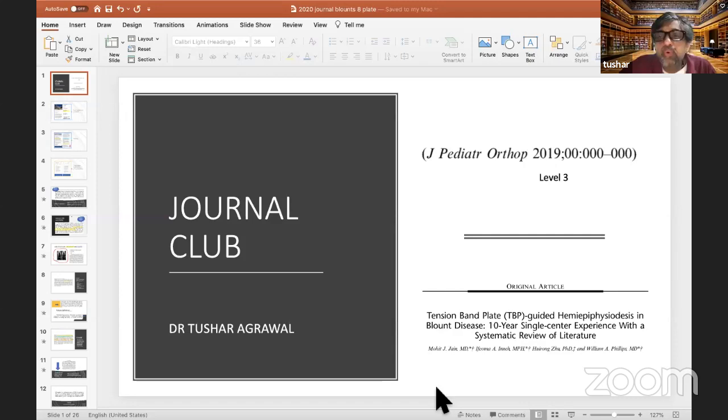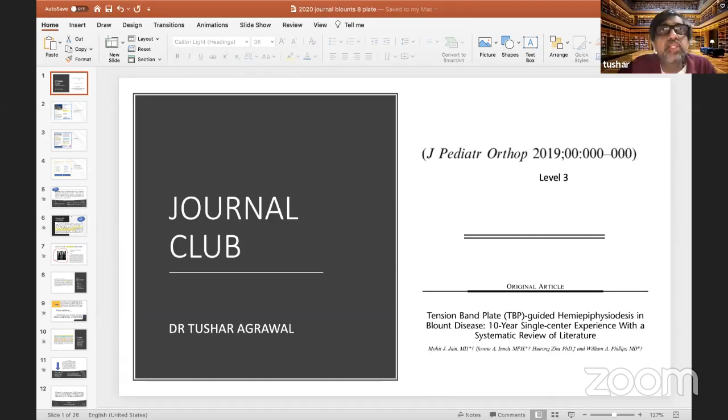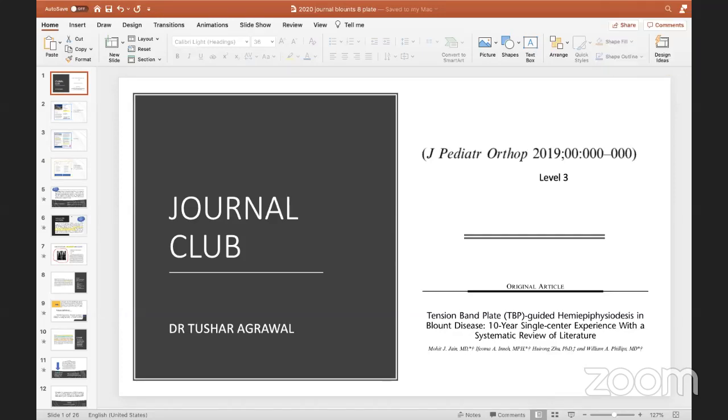What I feel they are saying is that each and every 8 plate mechanical failure is of screw breakage at the metaphyseal site. Right. So I think they have a very strong recommendation that we should use stainless steel plates, and we should use solid screws. Kirti, I don't think it has anything to do with the plate, because the plates don't break. In the obese children, I use two 8 plates stacked on one another, and I always use a solid screw.